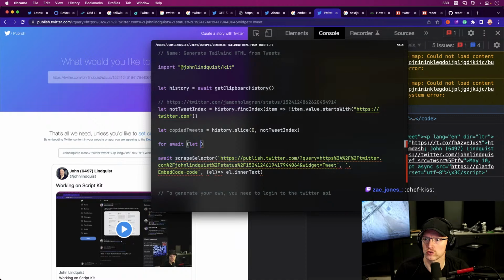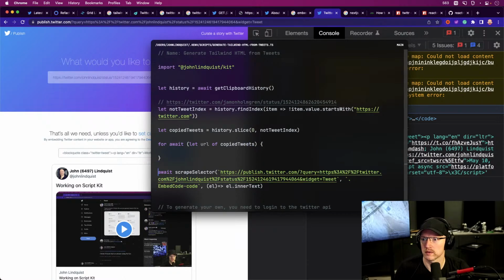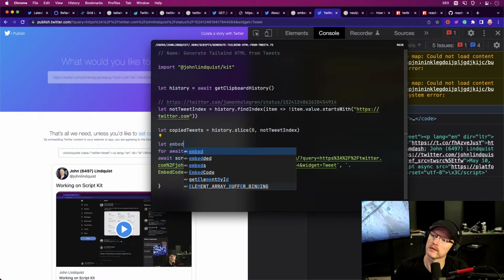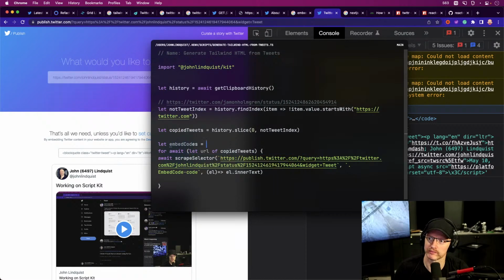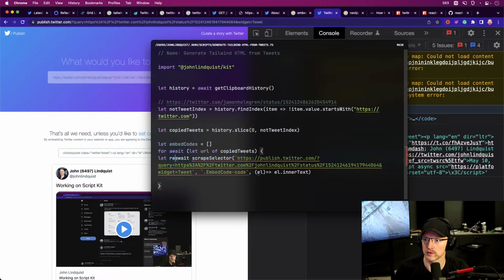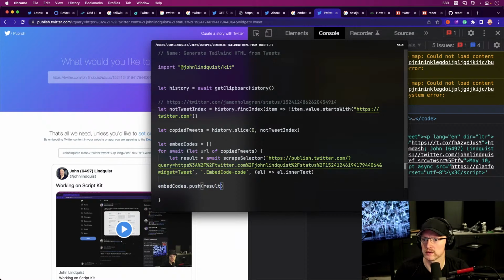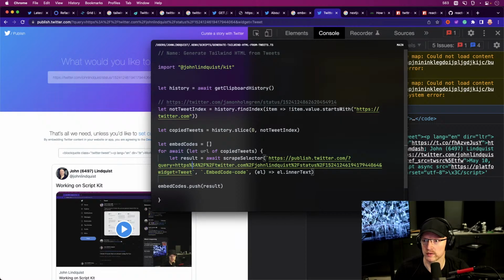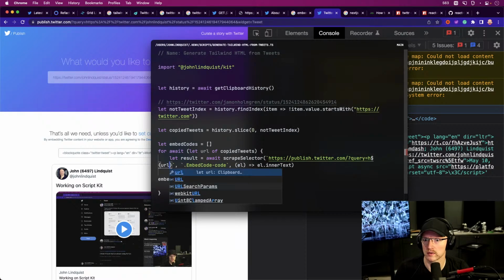for URL of copied tweets. Let embed codes result. Embed codes push result, and then is that query, right? Yeah, query URL. And then